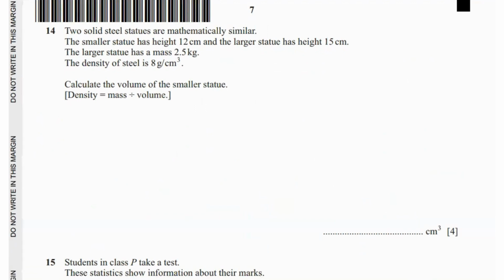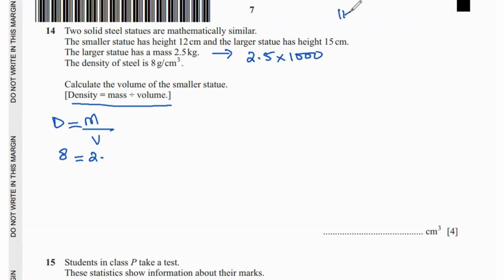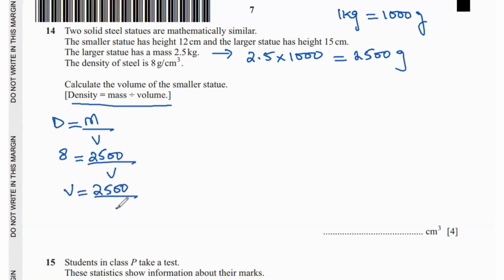So for this, first we find the volume of the largest statue using the density formula. Density equals mass over volume. Density is given as 8. Mass is 2.5 kgs. So we convert the 2.5 kgs into grams by multiplying it by 1000, because 1 kg equals 1000 grams. So that's going to be 2500 grams. So over here, we'll have 2500 divided by the volume. So volume equals 2500 divided by 8, which gives us a value of